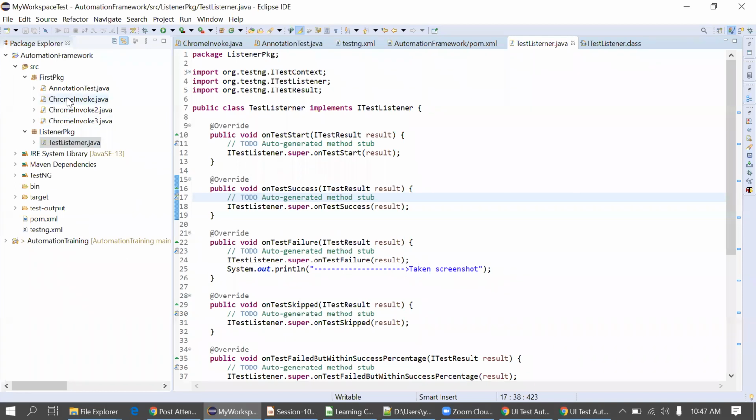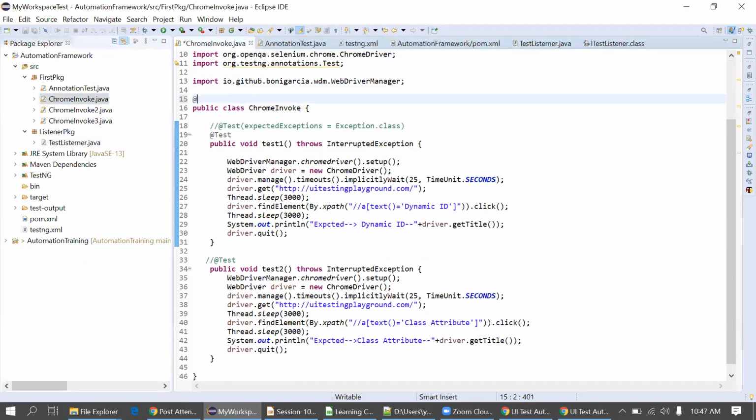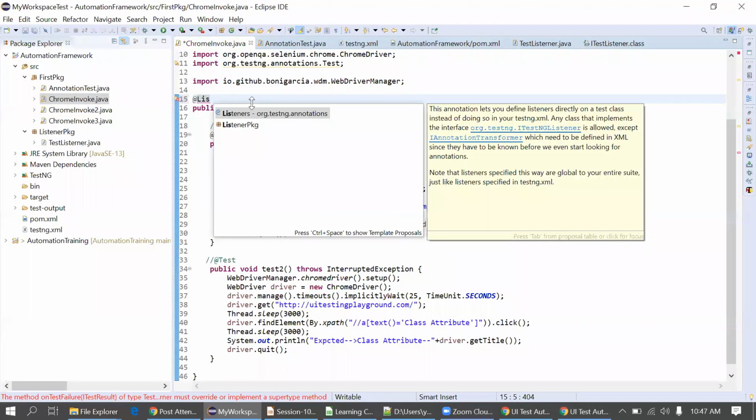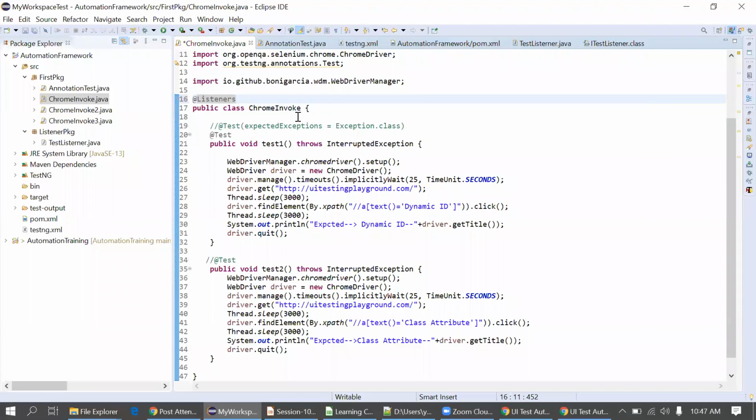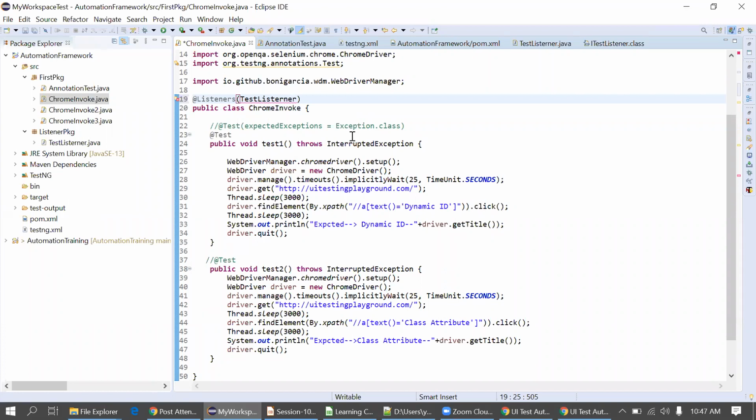Simply I will put an annotation above the class, @Listeners. Again, you can see it's org.testng.annotations. And in brackets, you have to provide the name of that listener. So what is that? TestListener, from the listener package, our own package, dot class.